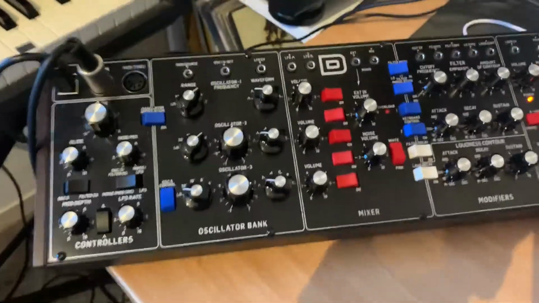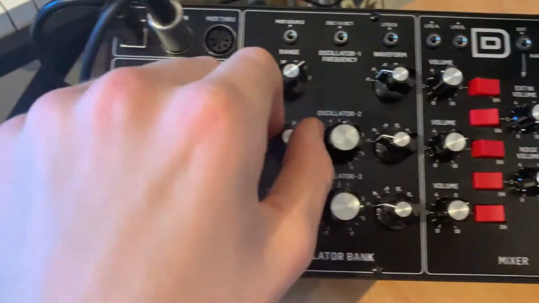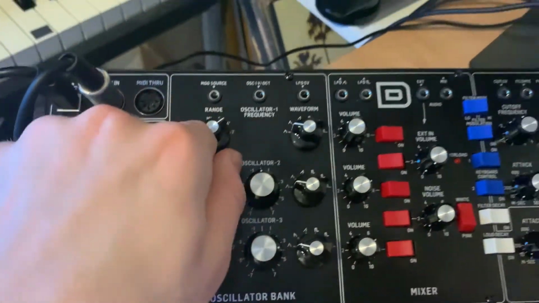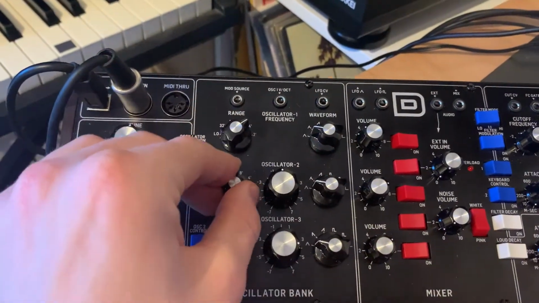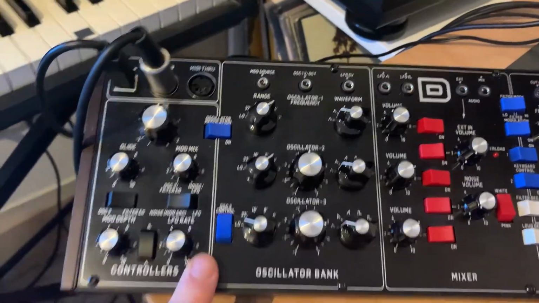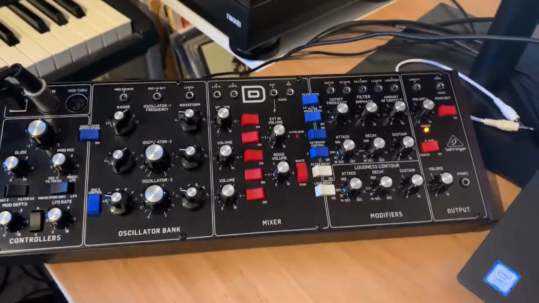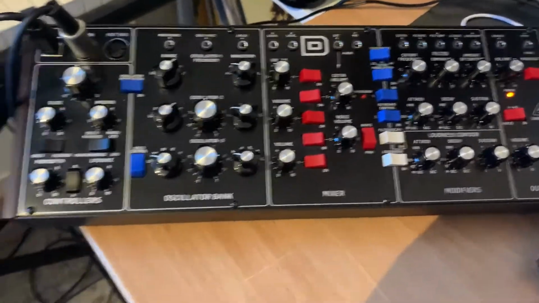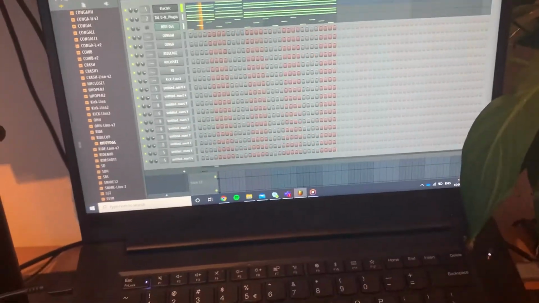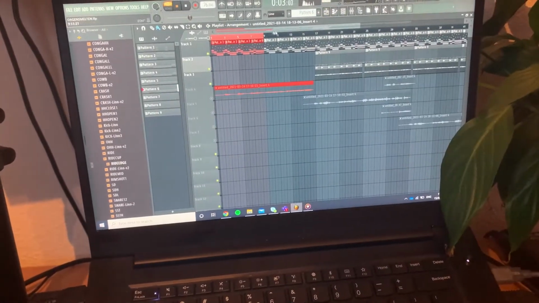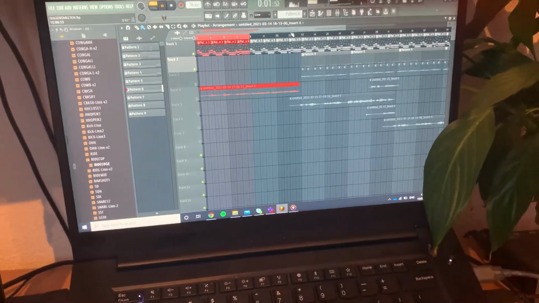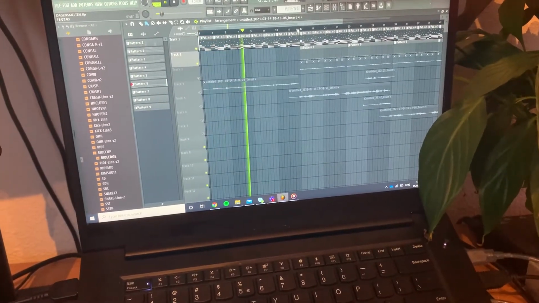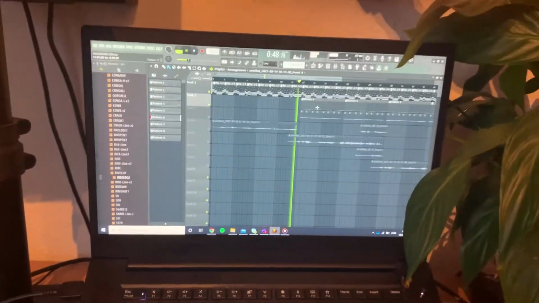And I will show you a bit now what I can do, for example. So this one determines the octave. There's too many buttons to explain, but as you can see, I shaped this sound with this synthesizer, and now we already have some kind of intro. So when I have something that I feel is a good basis of the song, I start making the drums.